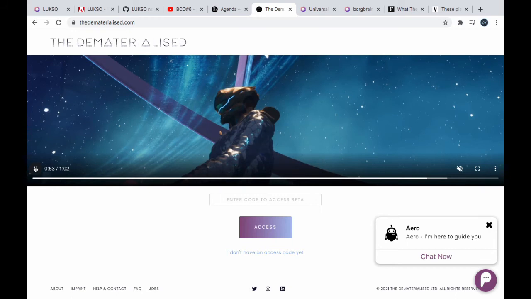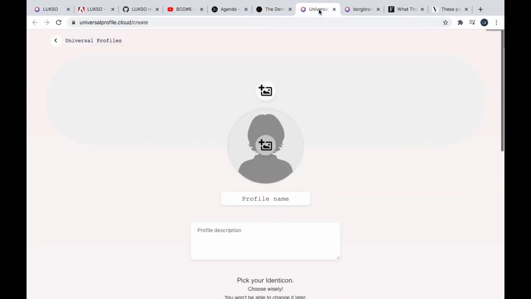So, and then you go in the metaverse and you got your avatar and you can put your sweater on, or your earrings or your whatever. And basically, here we are. And we're going to create a universal profile, and then I'm going to just fade out with a couple little touches on the rest of this.